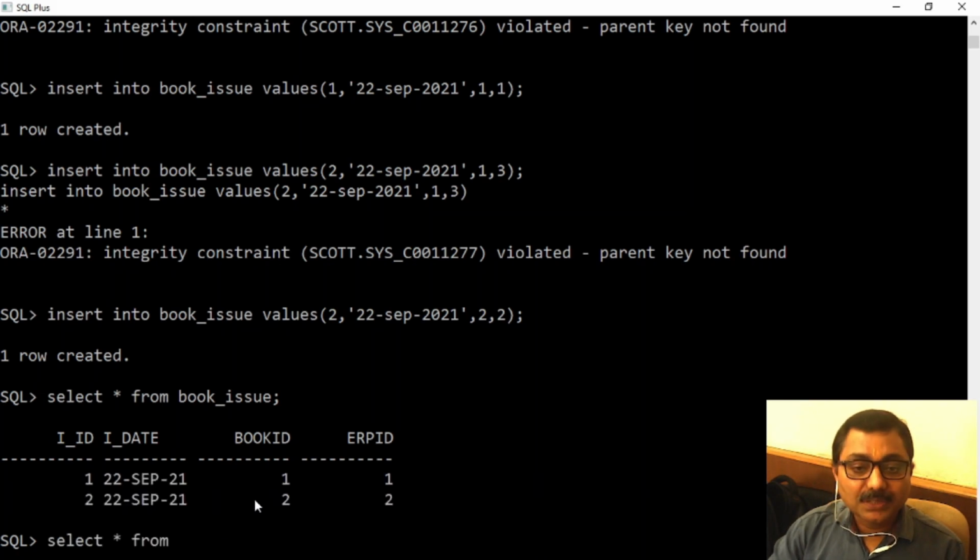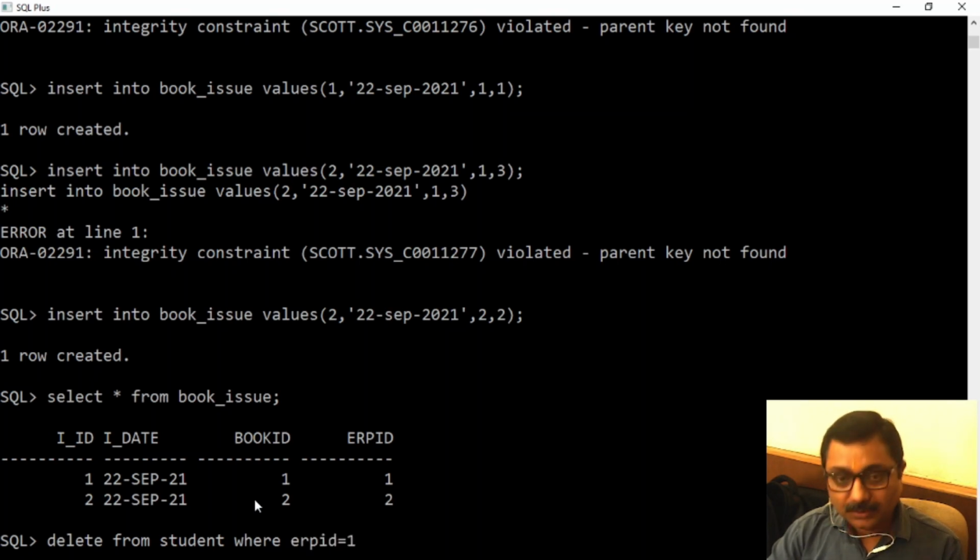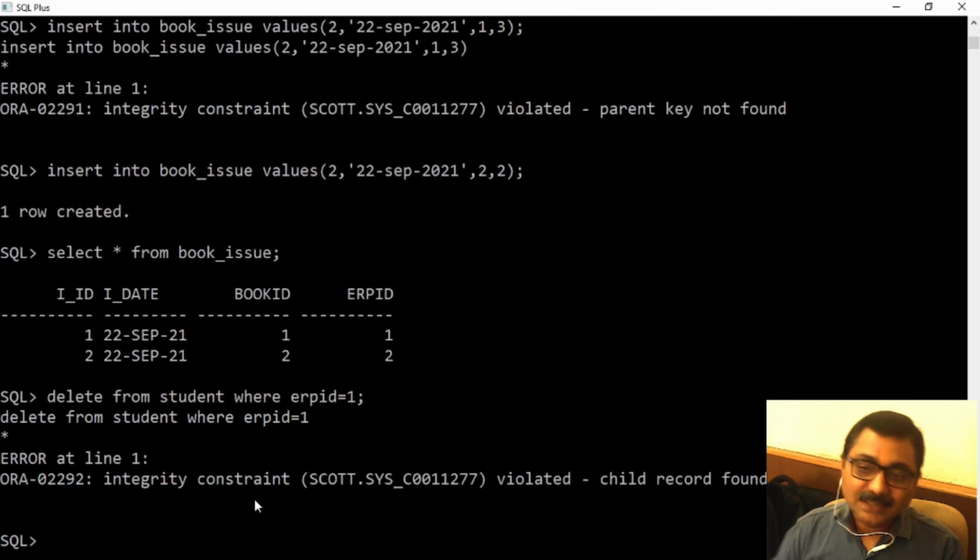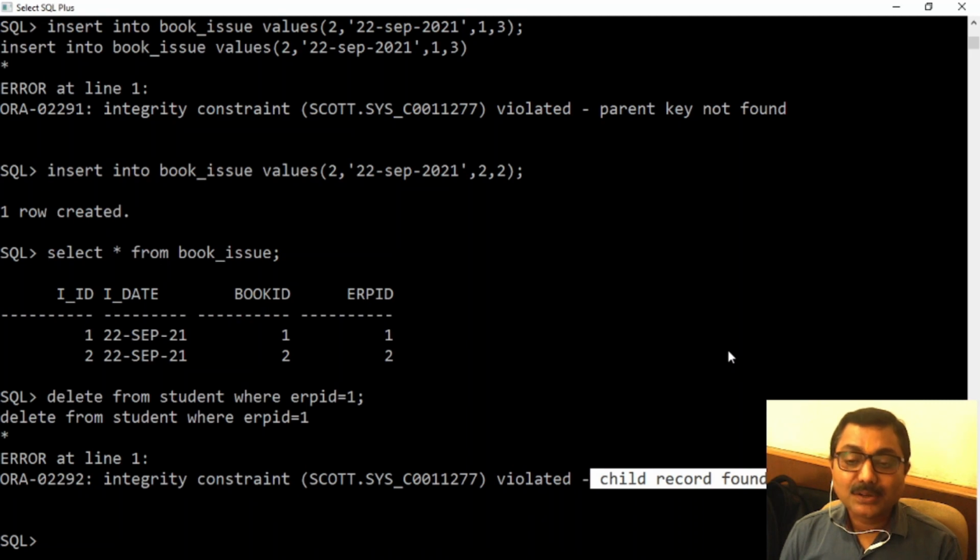So I am trying to delete a record from student first. Delete from student where ERP ID equals to, it says child record found. Means you cannot delete a master record as long as a corresponding child record is available.